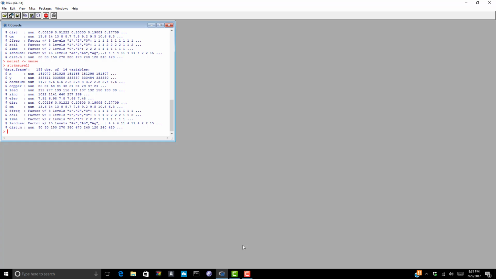Well, what if I don't want a data frame? What if I want a spatial object? What am I going to do? Well, I'm going to take a look at those values, those x and y's. Okay? I want to use those and make this into a spatial object. So what I'm going to do is say coordinates meuse1